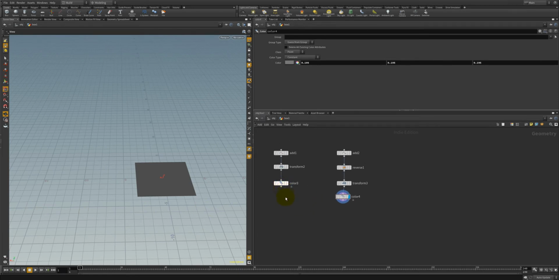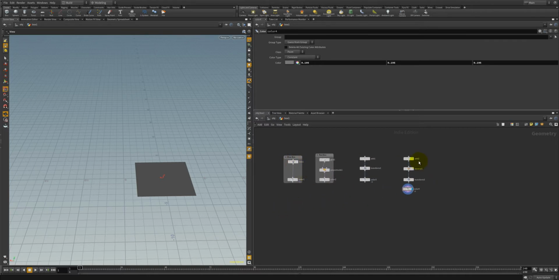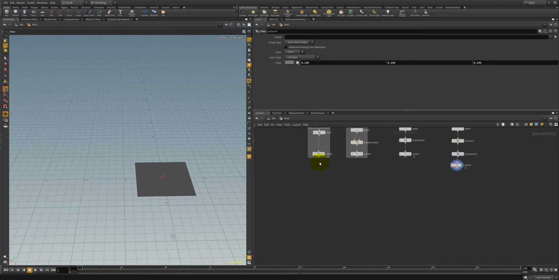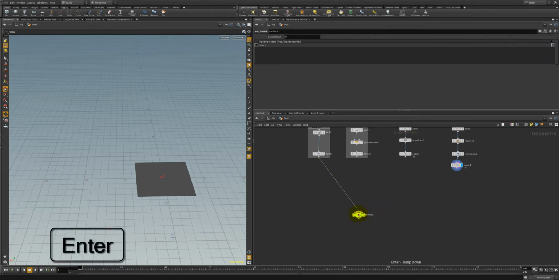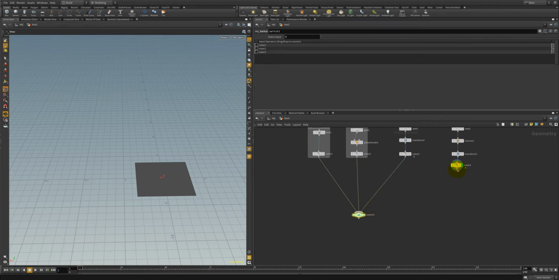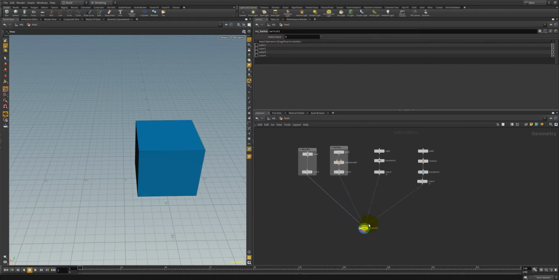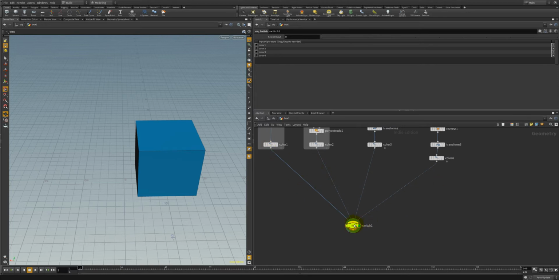Take a look at how to switch between our different boxes. So what we can do in this case is just drag off this one and type switch, and then we can drag all of these together. If we wanted to see them all at one time together, we could merge them all and view them one at a time. But the switch node will allow us to view one at a time based off of an